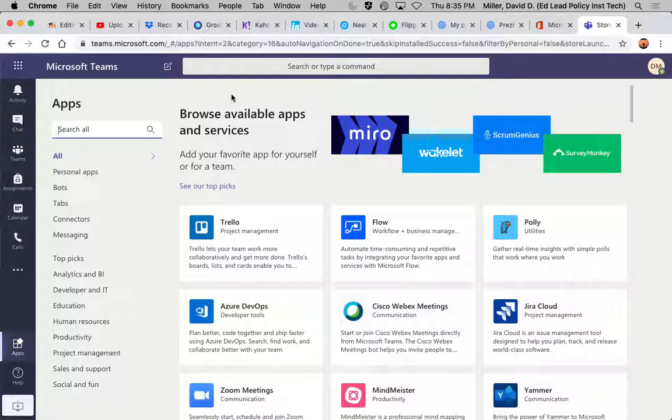Teams does have its own standalone app too. So you can access Teams through the web like this, or you can also get your own app. They have mobile apps as well for iPads and phones and stuff like that. So yes. Do you use Teams primarily or OneNote in your classroom? I use Teams, but I always have a OneNote notebook within Teams.